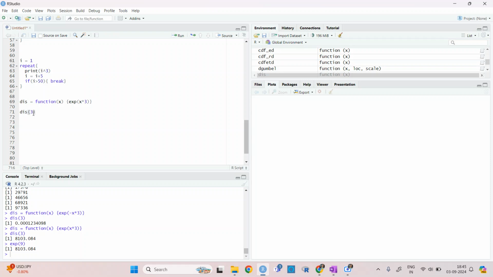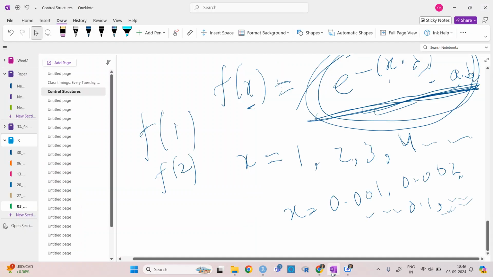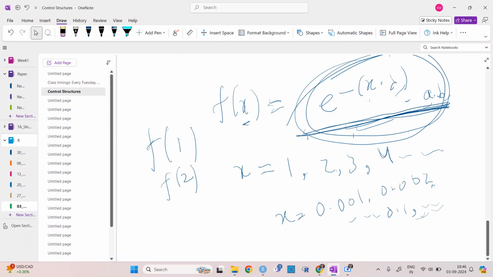So now I can change any value. I can give 5, I can give 10, I can do a lot of calculations, right? Now, as you can see, I have just given x, right? Now what can happen is that maybe your a and b values are also not known, right?